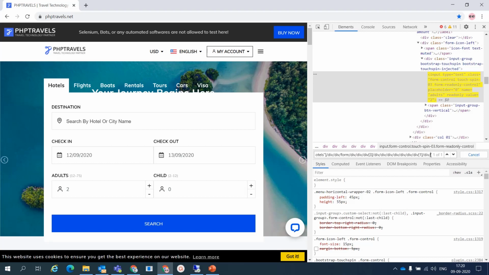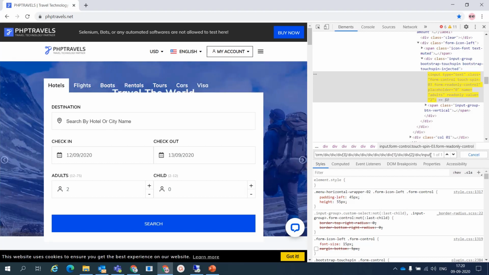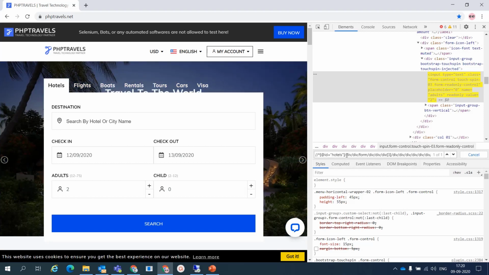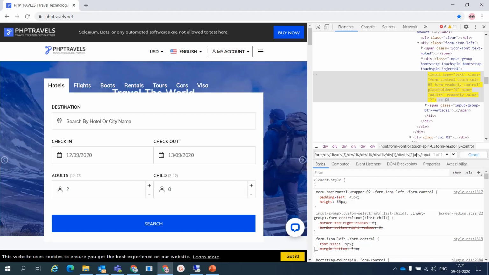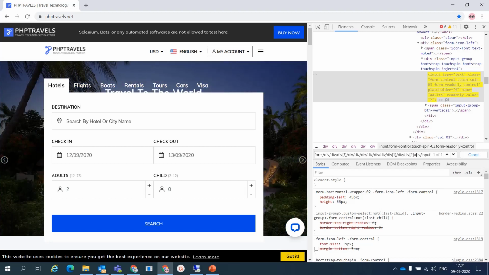Okay, and we will avoid this much line of code, or it will work, but sometimes it is slow because it is going to hotel, then it is searching this div from div, and it will take time. This time is very small, meaning your eyes cannot catch that amount of time, but still the computer is taking time to find that XPath. So how can you sort this out?